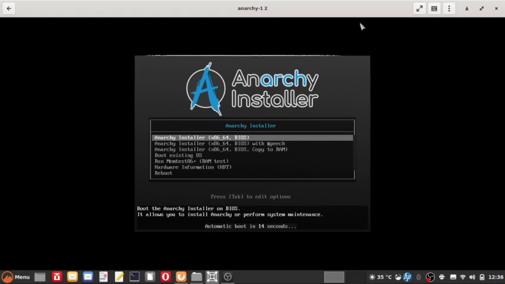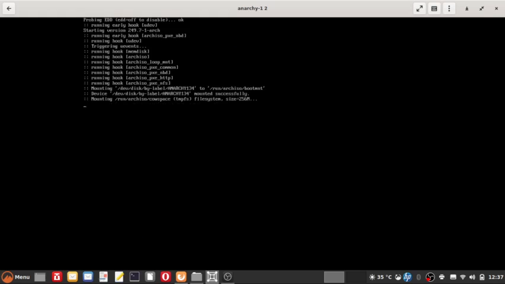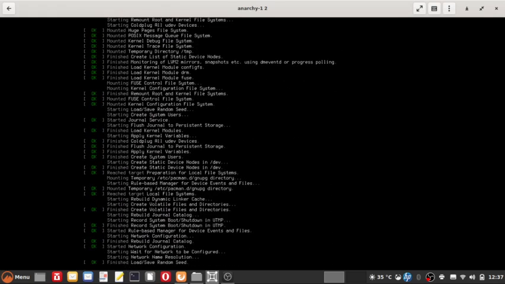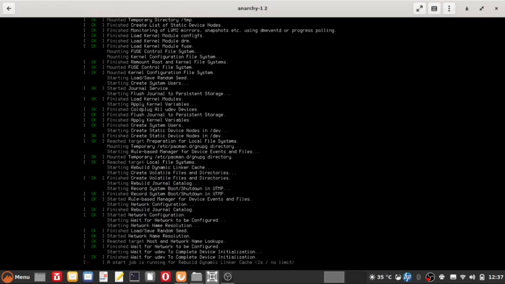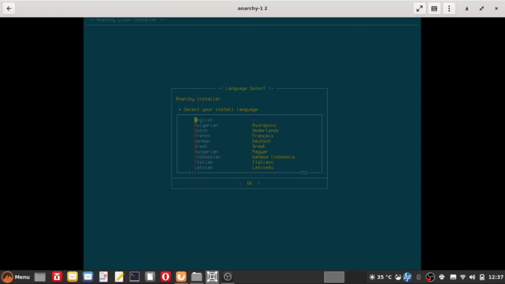Now the Anarchy installer will boot like a live session. It will give the options: Anarchy installer with speech, copy to RAM, boot existing OS, run memory test, hardware info, and reboot. So I select the first option. After the GUI boots up,